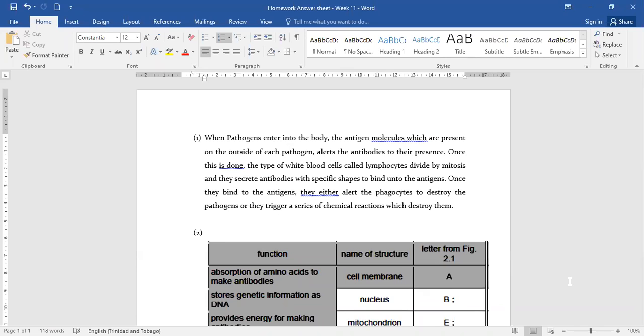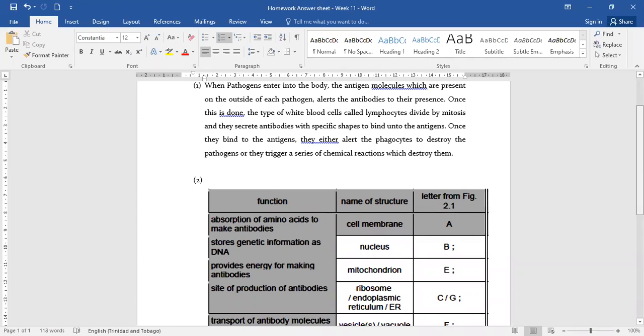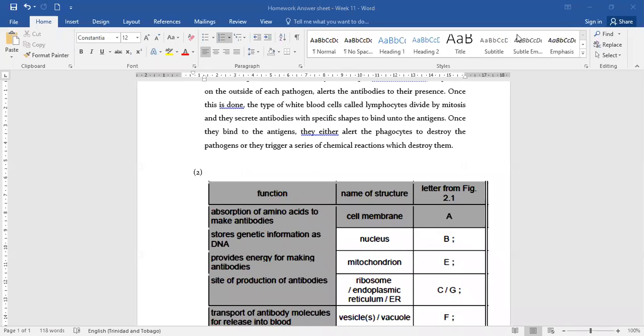Would y'all like me to send you the answers so that you can read and compare in the future, or do you think you're okay? Judging from the answers that I got, everybody did a good job. Jade, you did a nice job with your explanation too, so kudos to you as well. Just include antigens in your response. Okay, no problem, I'll send it to you. You're seeing the answers as I have them up now, right? Okay, cool.